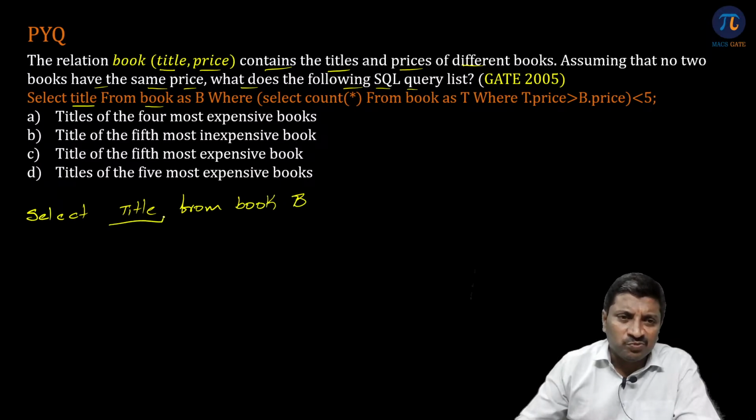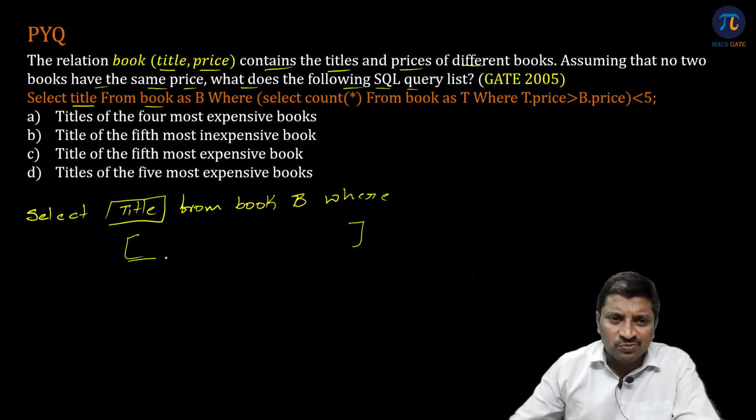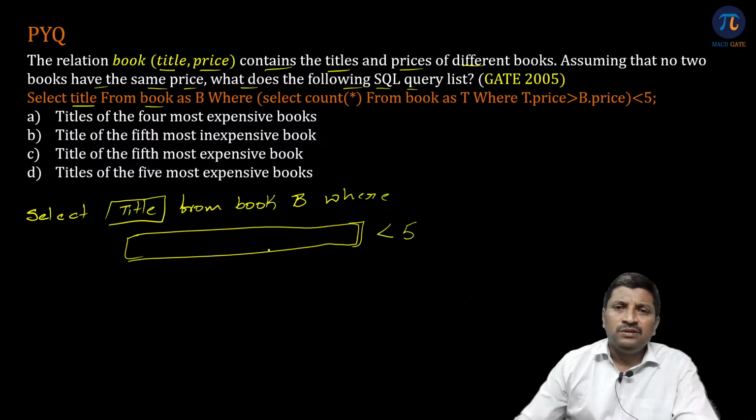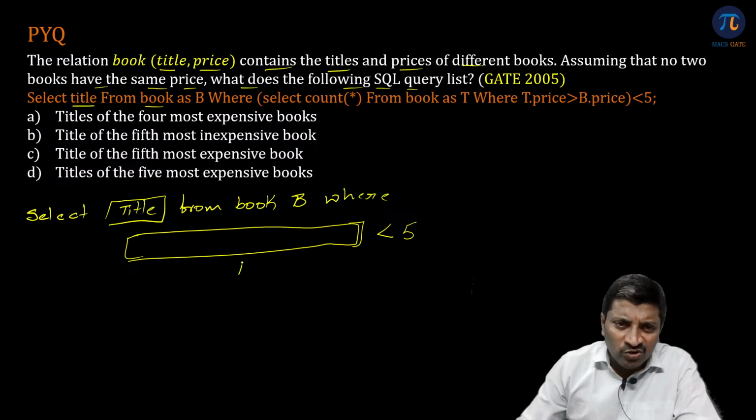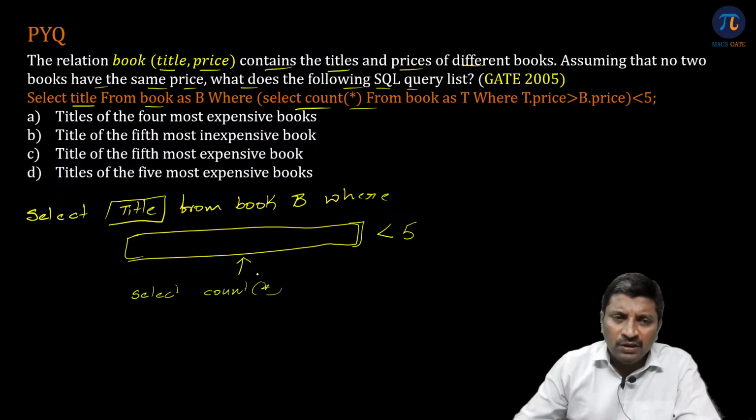Select title from book. So you are displaying the title, but before displaying, here I have some condition. This must be less than 5, right? So what do you have in this? You are selecting count, so select count of star. That means you are selecting the number of records. What are those records? From the same book table,